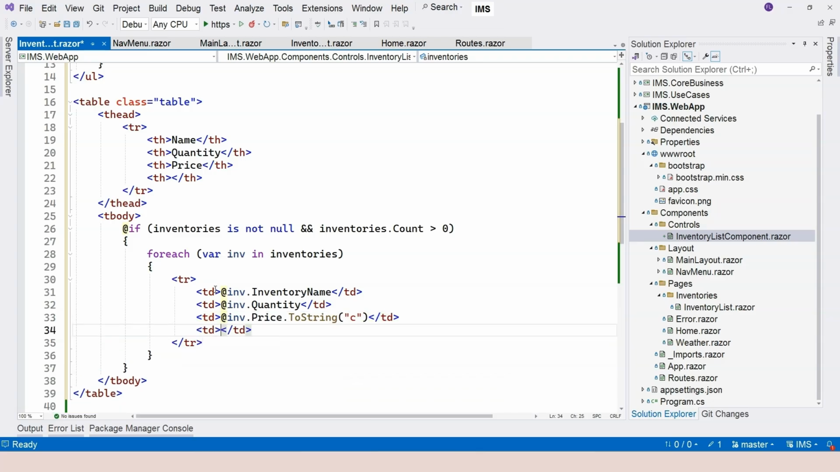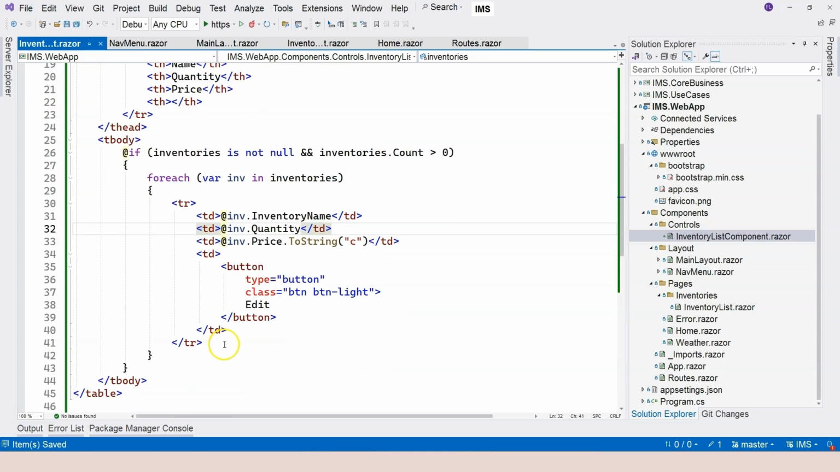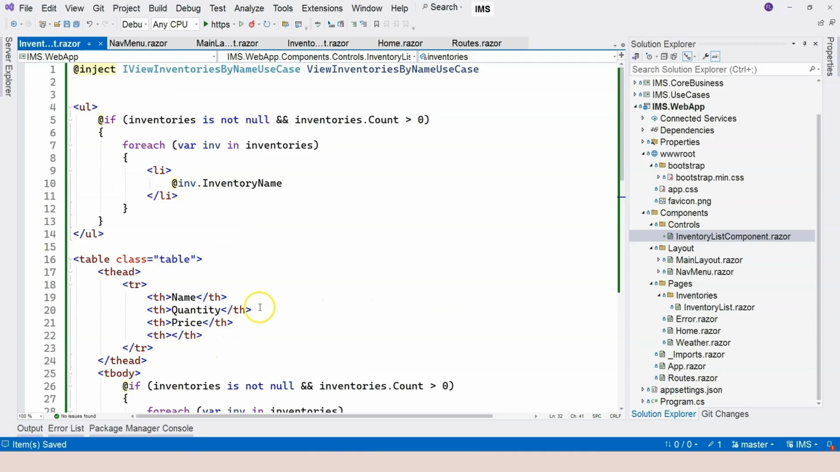Last but not least, we are going to display the edit button. So it is going to be a button, and the type is a button, and the Bootstrap class. So let's format that a little better. Let's have each attribute occupy each line. So we have the class here, we have btn and btn-light. So this is also Bootstrap classes. And here I want to give it a name. So this is added. Now we have finished creating our components, and it's time for us to use this component